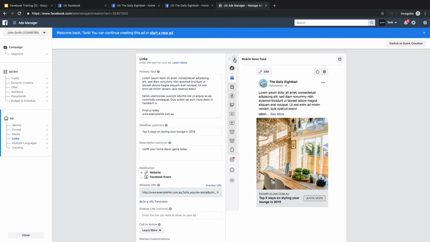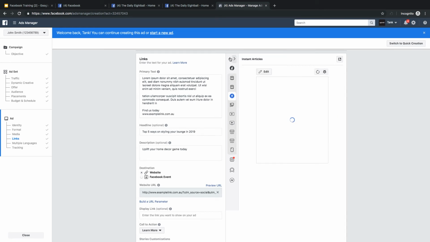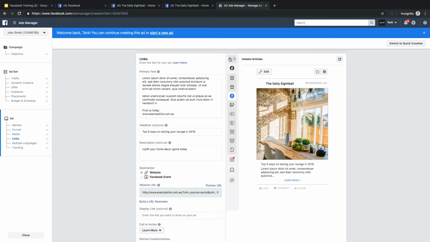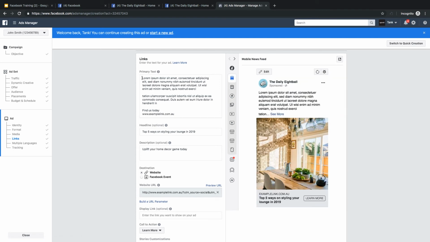And if you want to preview the different placements, you can actually start to scroll through and see how it works for your ads. So we'll just go back to this preview here. So this is your primary text, and as you can see, it starts to populate here. But what you notice is that some of the content is cut off. So when you're writing your content, just keep in mind that your primary text,